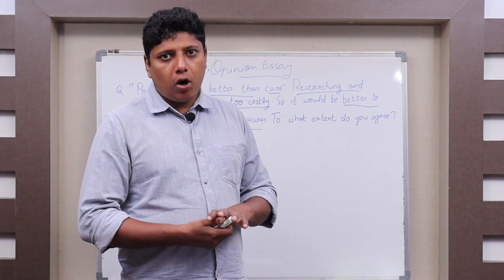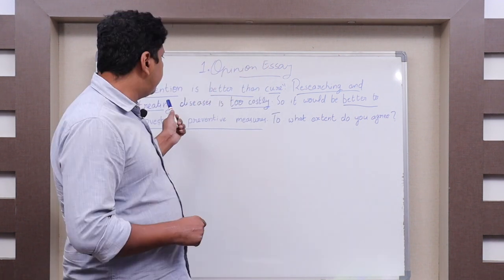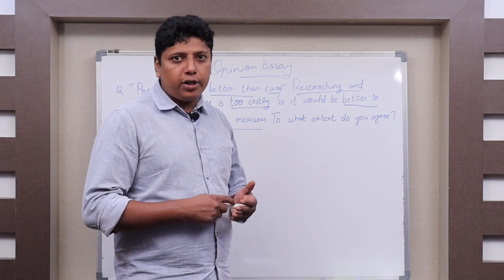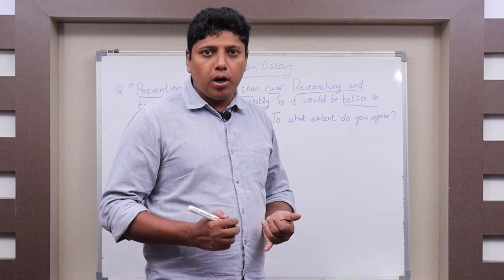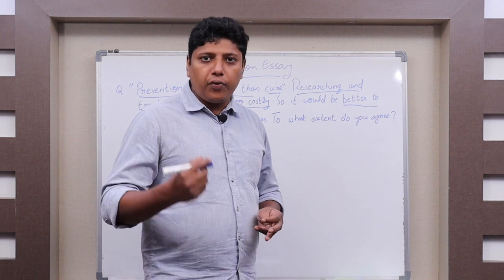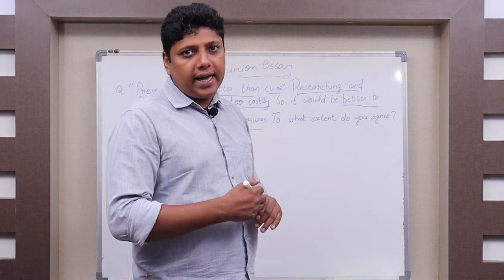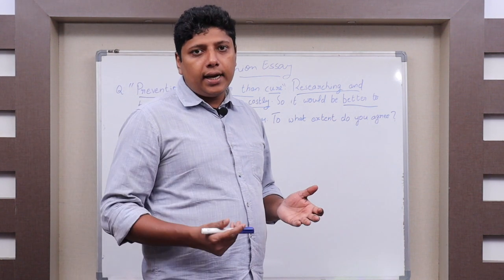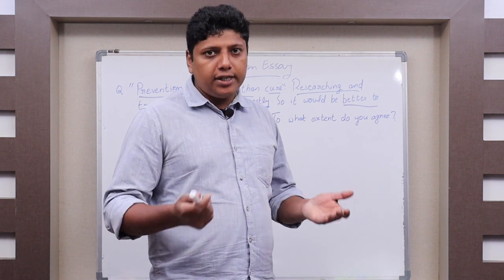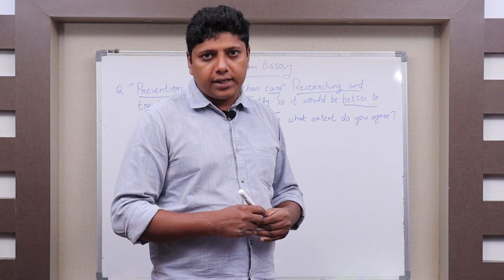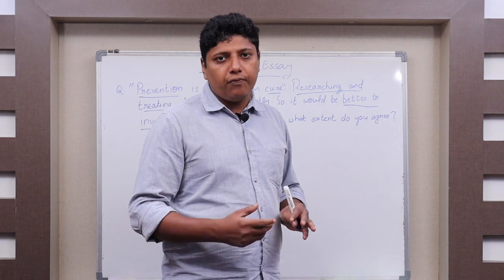Now, let's look at how we can disagree with this opinion. So, if we are disagreeing, we can say that we cannot prevent all the diseases. For example, many viral outbreaks in many parts of the world just cannot be prevented. So, we need research and treatment for these diseases. For example, diseases like cancer. Even though many people say that it's because of our lifestyle, nobody has proved it, or we just don't know the root cause of these diseases. We cannot just say that we should invest completely in preventive measures.